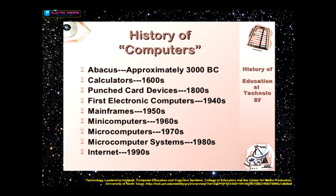And if you were to ask them what is the history of instructional technology or educational technology, this is the kind of thing that they would come up with. So again, I'll say that there are many different views when you talk about the history of anything. There are many different views of what that thing is, depending on also many different aspects where